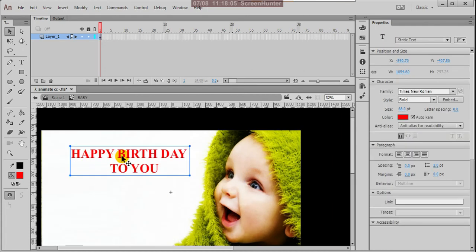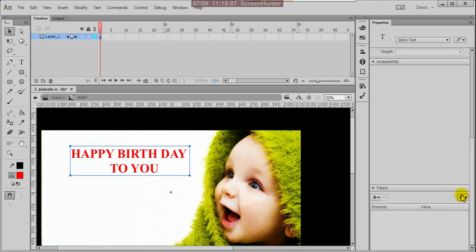Just click on the text, and here in filter, I'm giving some drop shadow to the text. The distance, let us check.